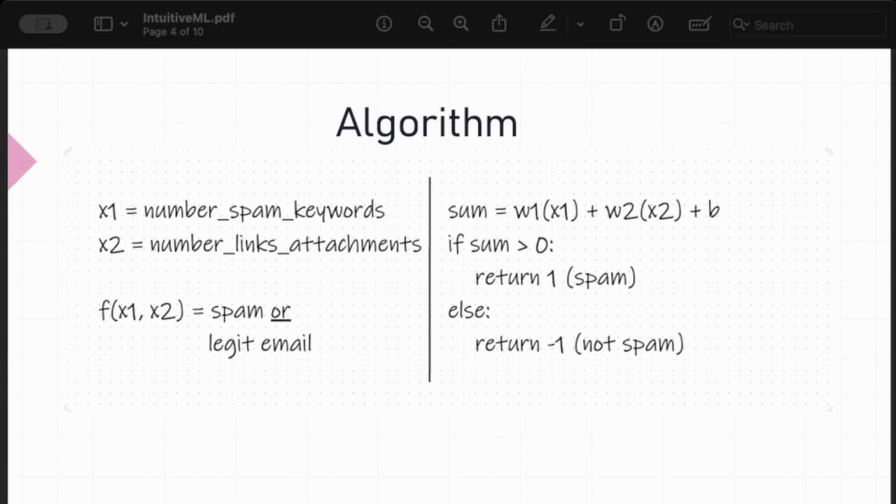email. Now keep in mind, with our function, we're trying to model the real world. The real world we can think of as a different function, let's say H, where you have actual emails that are either spam or legitimate with those data points. So we're trying to approximate the real world as closely as possible. And the algorithm on the right side, we're going to take the sum of the input values multiplied by their weights, and then there's also a bias. Usually the weight 0 corresponds with the bias, where the input is 1, so you just end up with that constant value. The activation function here, like I mentioned, if you have a positive value, we're going to say it's a spam category. Otherwise, we're going to say it's a legitimate email.